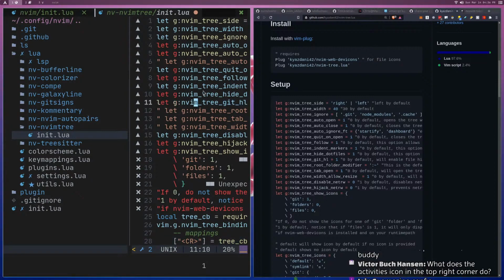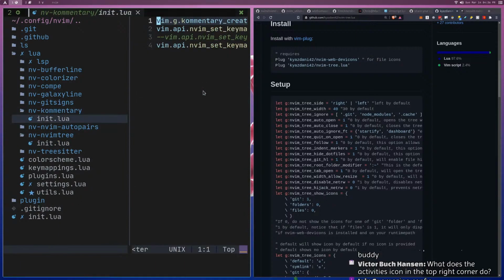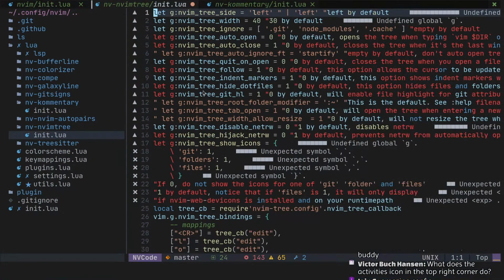Oh, how do you set globals again? There's got to be a better way than the way that I set globals before. I think I have. Is it here? Here we go. vim.g. vim.g dot and then equals the thing. So now if I go over here into vim.g dot, whatever it is. Now if I go